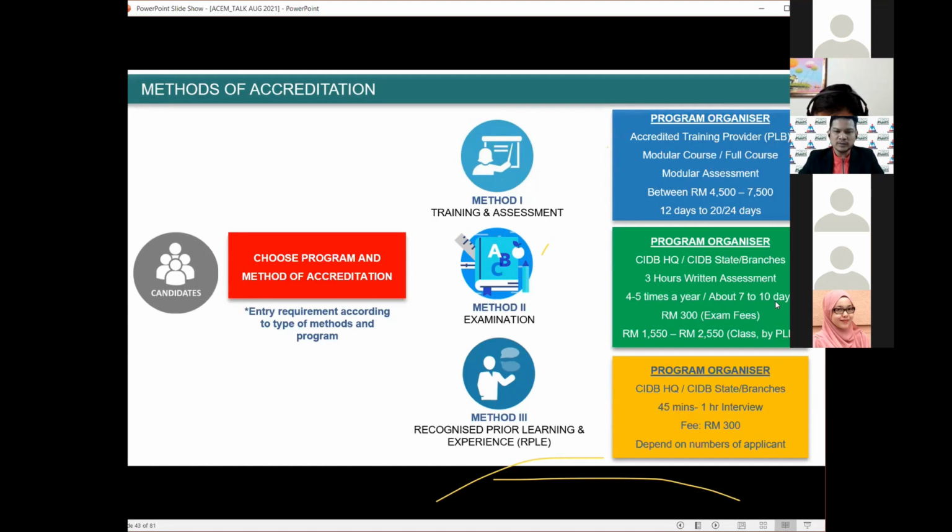Now in October, we're going to have a 7 days preparation course. The exam fee for CIDB is 300, and also 1,500 to 2,200 ringgit for the class by PLB. This is our fee range, about 1,550 to 2,550. So this is how we priced it. But this 300 is inclusive. We actually absorb this under the cost as well. So basically, if you minus 300 for this, we can just get 2,002. This is 1,002 only. So it's very cheap compared to others.